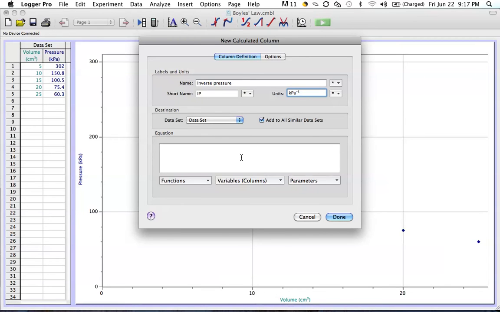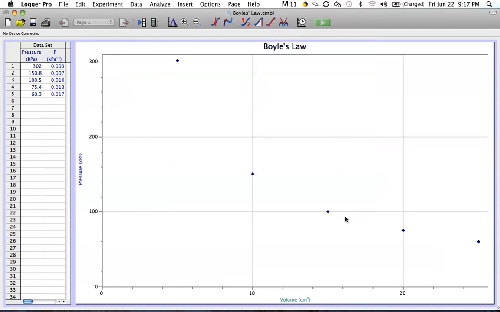And now to calculate this, we're just going to say 1 divided by pressure. Click Done, and you can see that now a new calculated column has shown up here with all of our